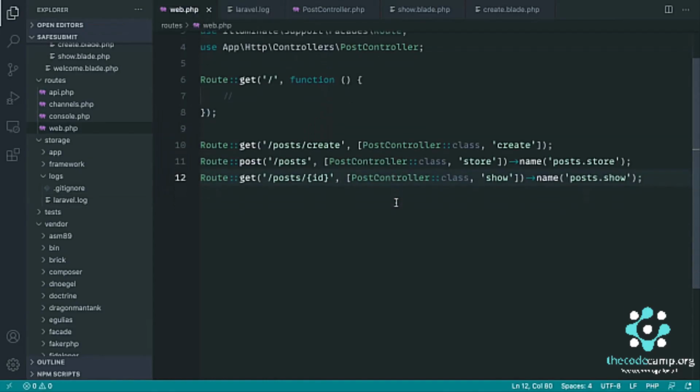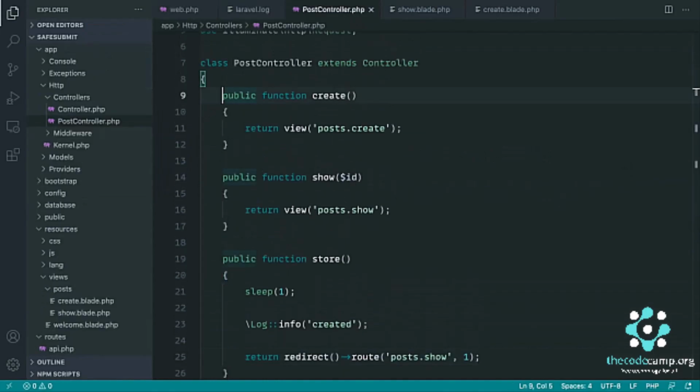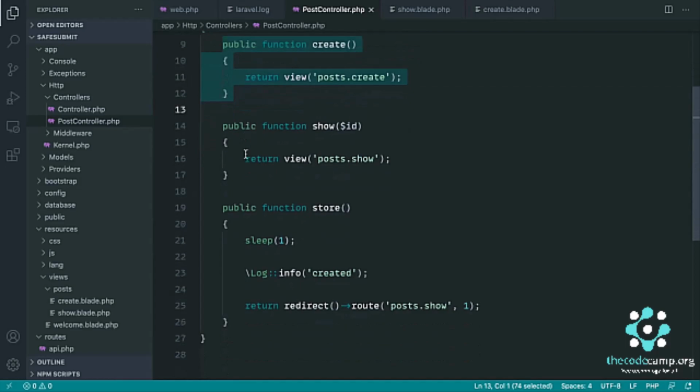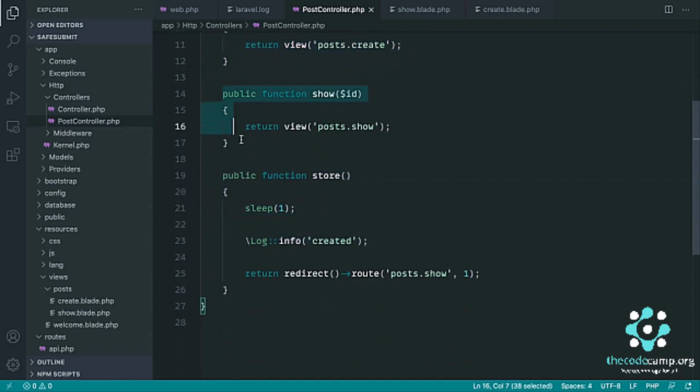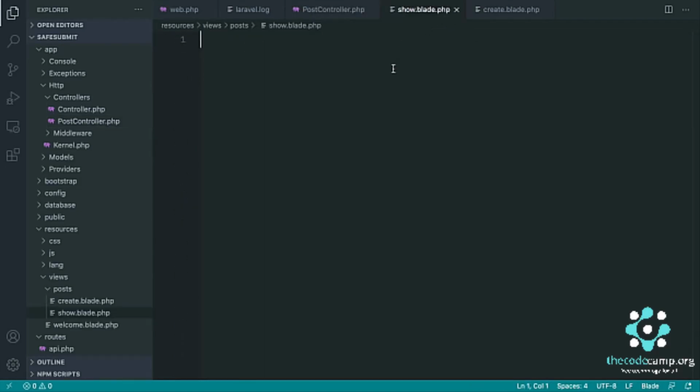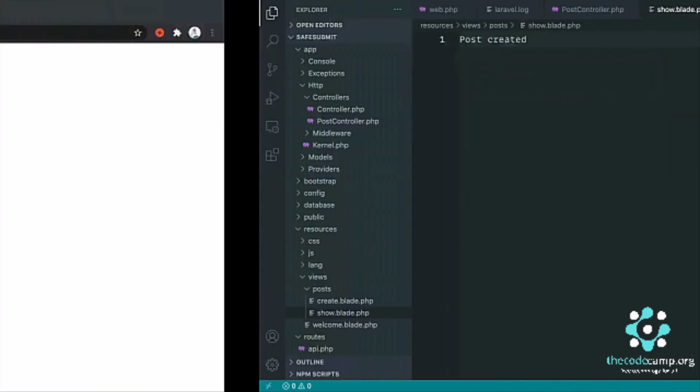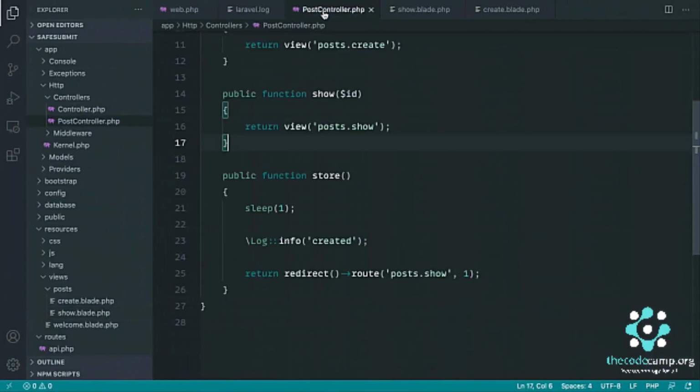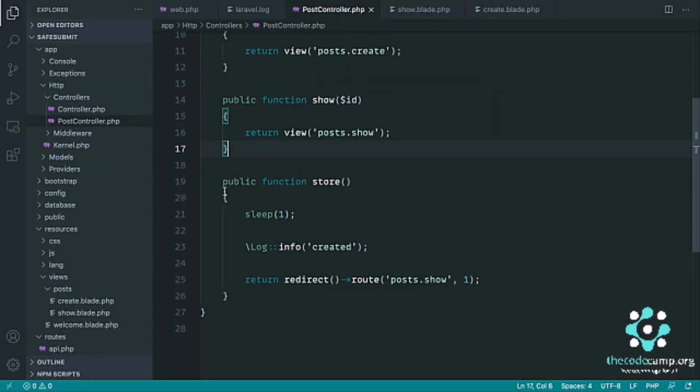So that's pretty much our setup here. A normal flow for creating a form, going ahead and submitting it and showing what's been created. Let's just finish off by, in show.blade.php, just saying "post created", just so we know where we end up. And that's pretty much it, all tied together. So now that we've got the basic structure here, let's head over to the next part and start to look